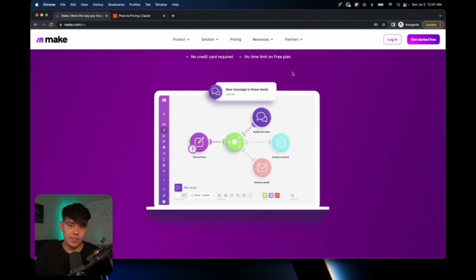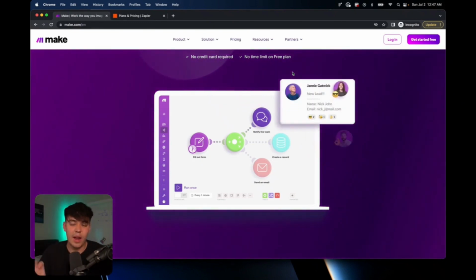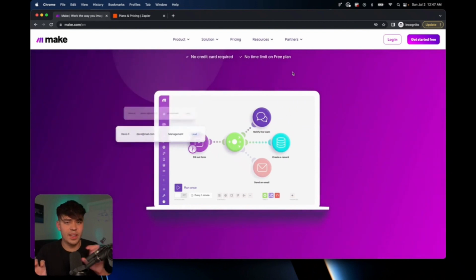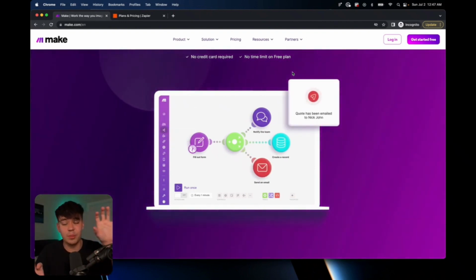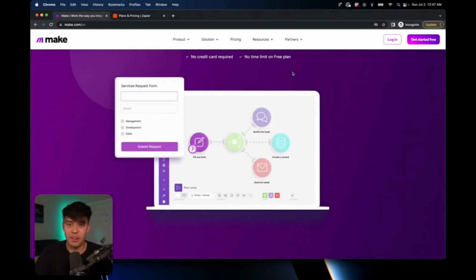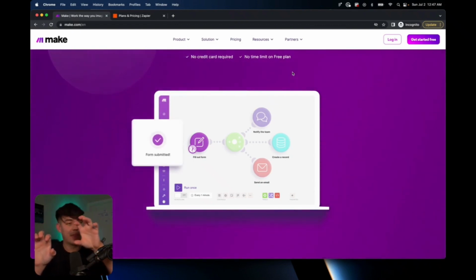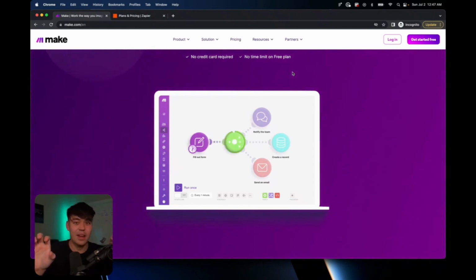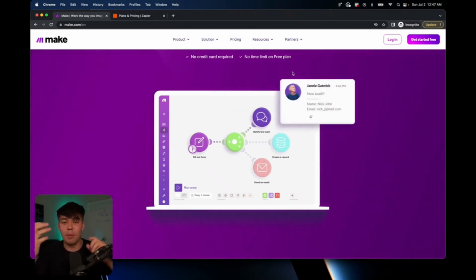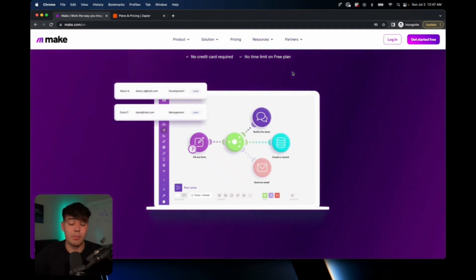So for example, you could set up a trigger where, if I get an email from my form or my lead generation system, what happens next? Does it just sit in my inbox, which is what happens most of the time? Or maybe I want to connect it to OpenAI or ChatGPT and have ChatGPT come up with an immediate response for that customer based on their personalized information, right? So you could set that up where you have an email trigger, then you have ChatGPT, and then maybe a Gmail integration that creates an email and sends that email back to that customer. So that's just one example, but there are unlimited examples of things that you can do with